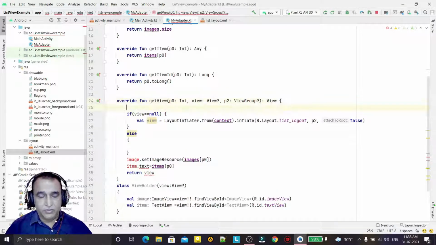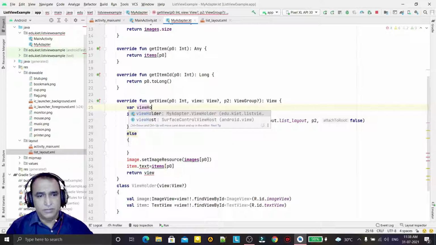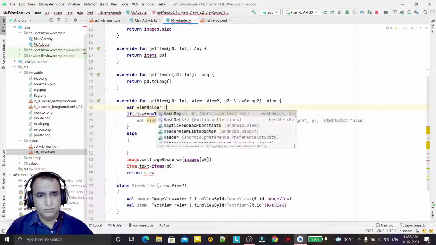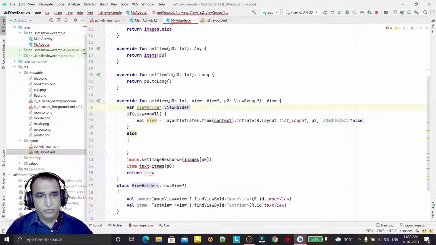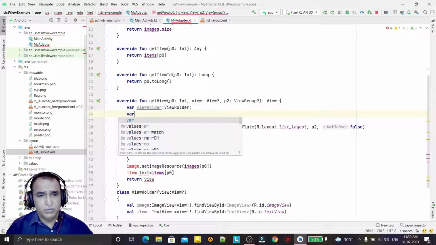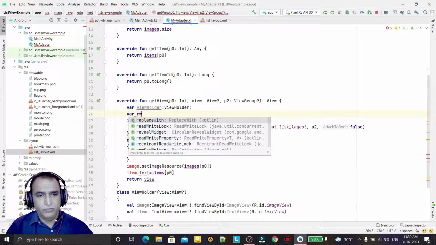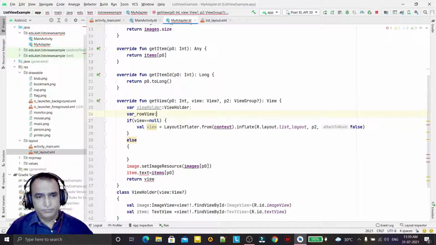For that, first of all I have to create the object of the view holder class. So var view holder, like this way. One more object I will use for view, I say row view, that would be the view, this way.